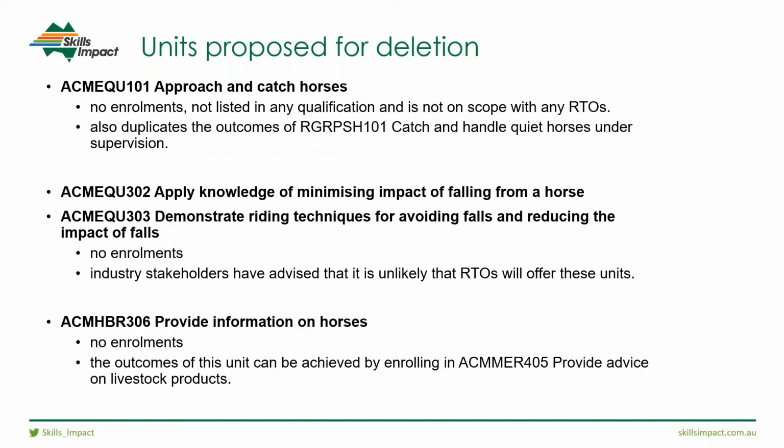And the provide information on horses. There are no enrolments in this unit. It's not a really greatly written unit. It's basically a retail unit where you find out what the client wants. You investigate horse, their background, breeding, function, training, education, and then recommend the horse to the client. We were saying it could be superseded by